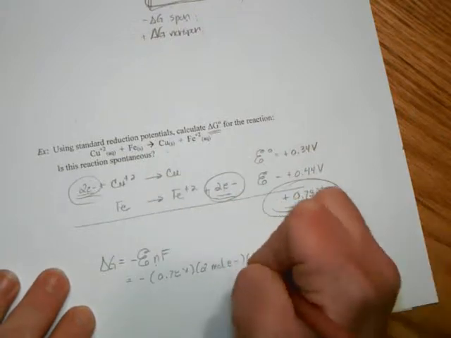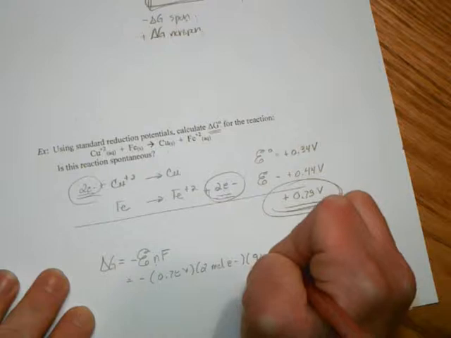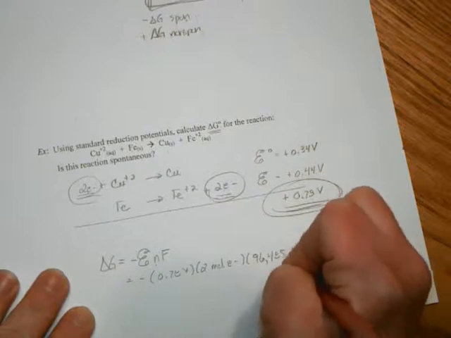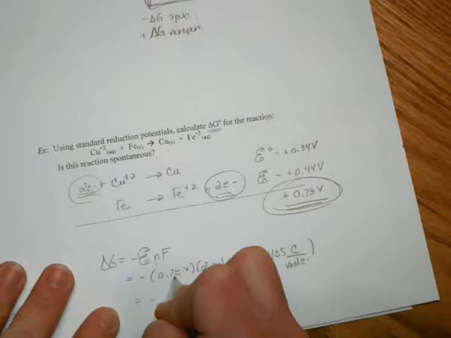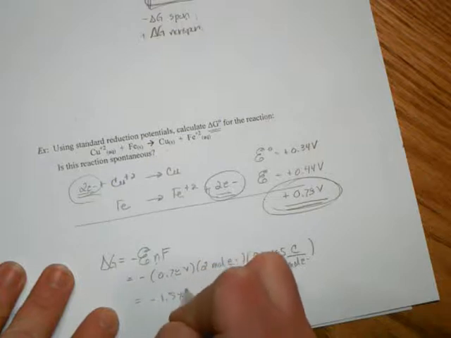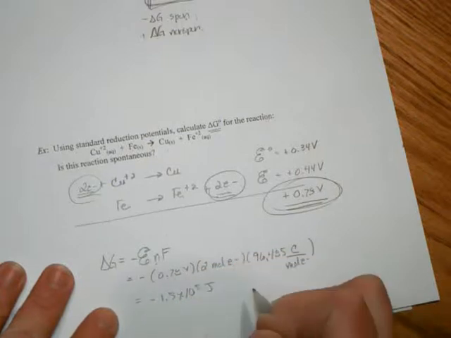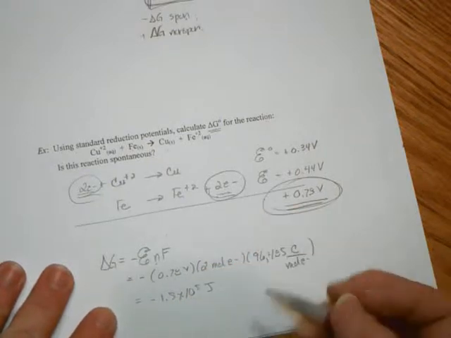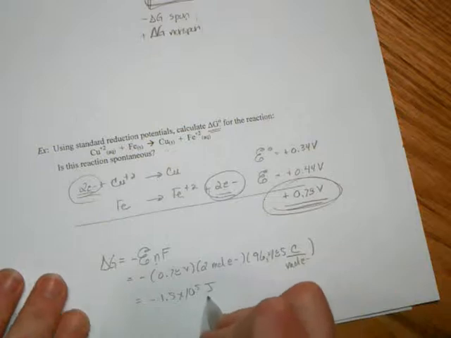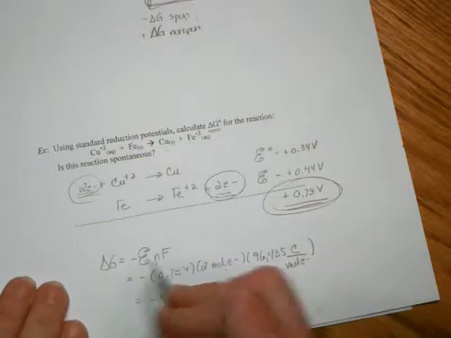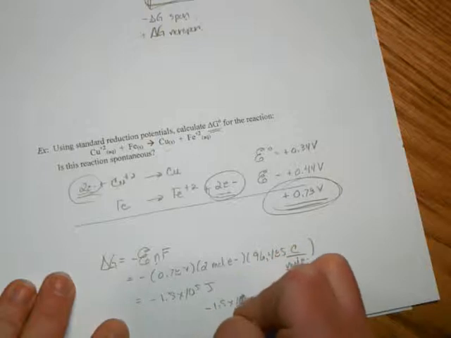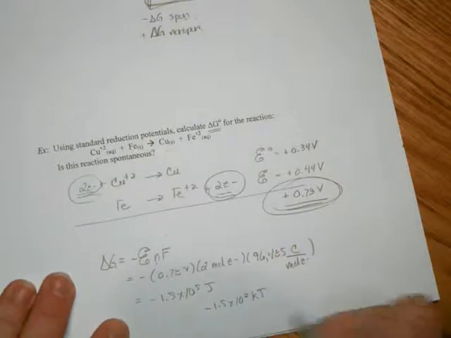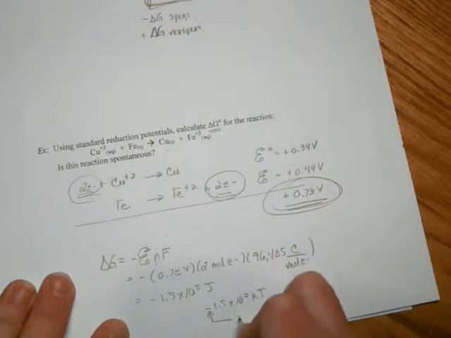And per the Faraday, it's 96,485 coulomb per mole of electron. This gives us negative, per sig figs, 1.5 times 10 to the 5th joule. It doesn't say anything about whether you can leave it in joule or not, but we know that Gibbs is usually in kilojoules. So negative 1.5 times 10 to the 2nd kilojoules. The negative means that it is spontaneous,